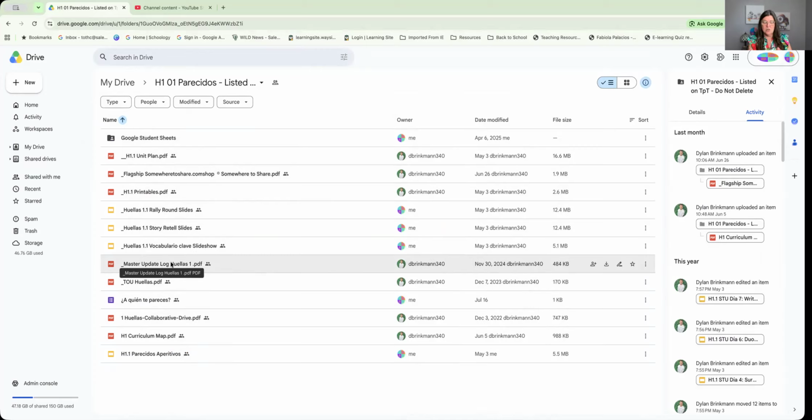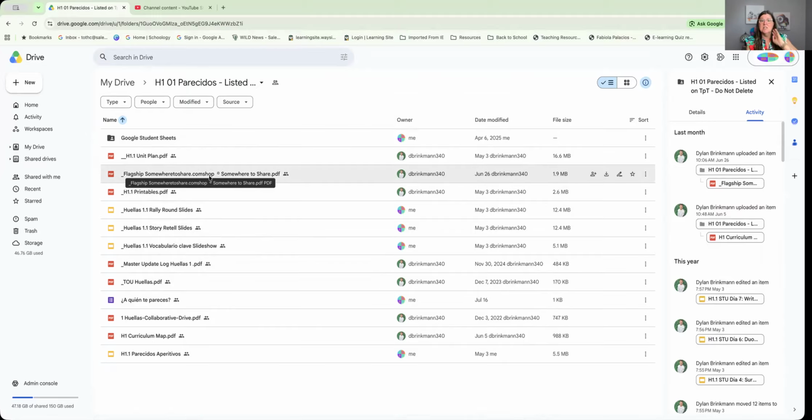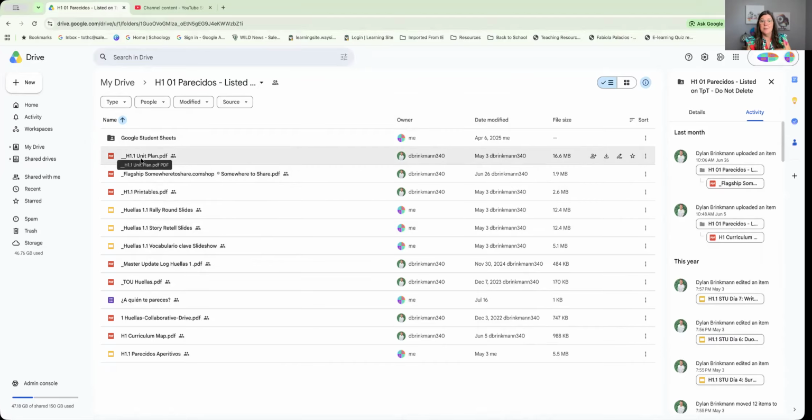Dylan manages all the Google files, so he keeps an update log every time he makes changes. This master update log is an important place to go to look for, do I need to realign my files? You get an access sheet, so you want to keep track of where you store those access sheets so that you can always come back to this main folder and pick up any changes or additions that we've made to